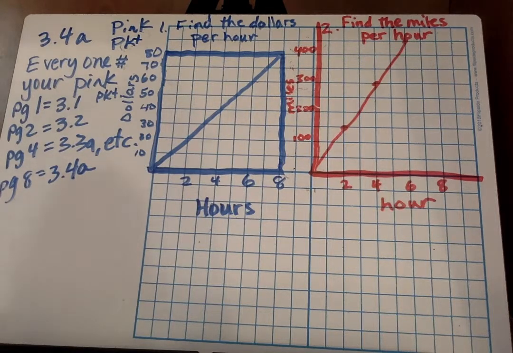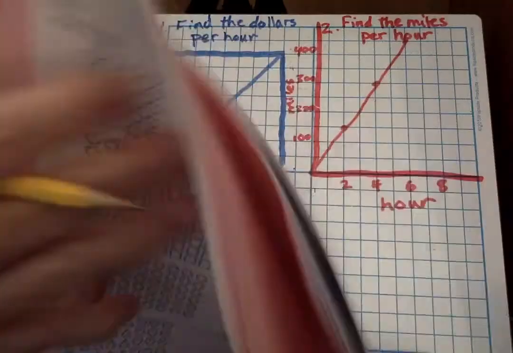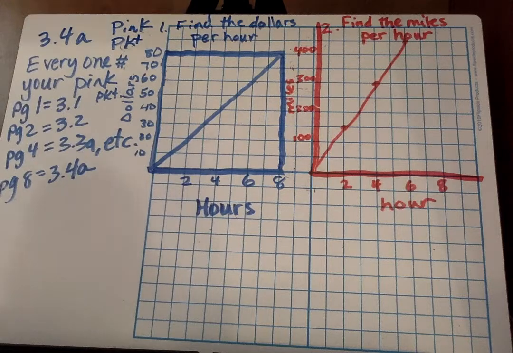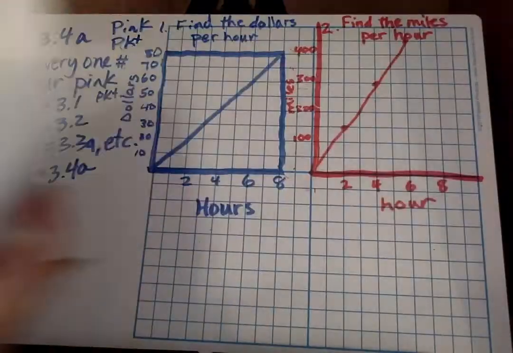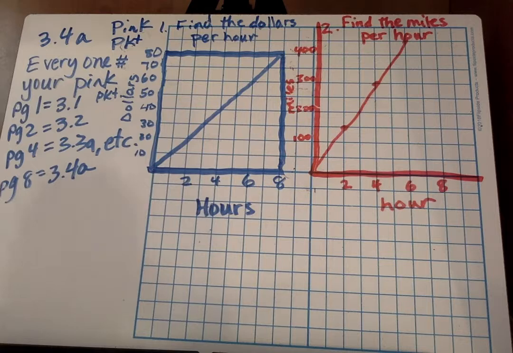Turn it over on the back side. Goes right on to 3.2 in ratios right here. Go ahead and put 2 at the bottom. And then 3 on the next page. So this is page 3. And then the next page,